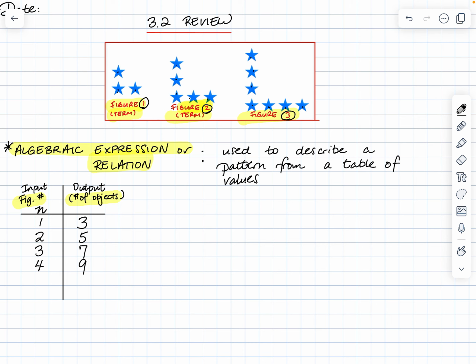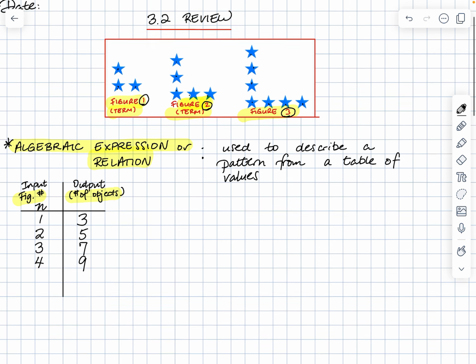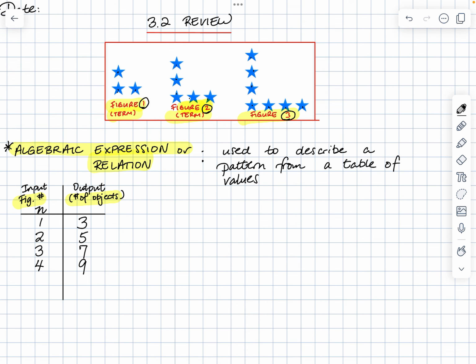Okay, now this is going back to earlier this year or back in grade 6 when we were dealing with pattern rules. So we are still going to deal with the pattern rule, but like I said, we're going to change it at the end into the algebraic expression or relation. So what that does is that you want to describe what you are doing to the input to get to the output, okay? So remember, pattern rules can be 1-step or 2-step,